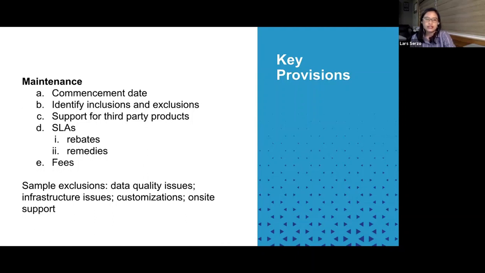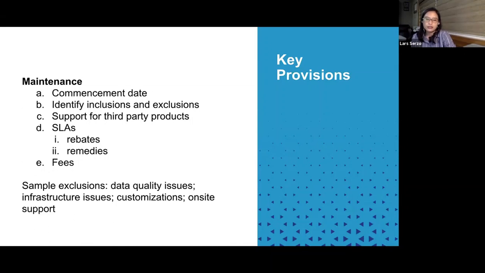And then, of course, an SLA should be there. This would refer to the escalation mechanisms, how you make a complaint, how you request for support, etc. Most of the time, you should be able to require your provider to commit that the software will be fully functioning, let's say, 97% of the time. And then if that piece of software fails to perform as committed, then you may want to ask for the right to collect rebates or the right to collect penalties.